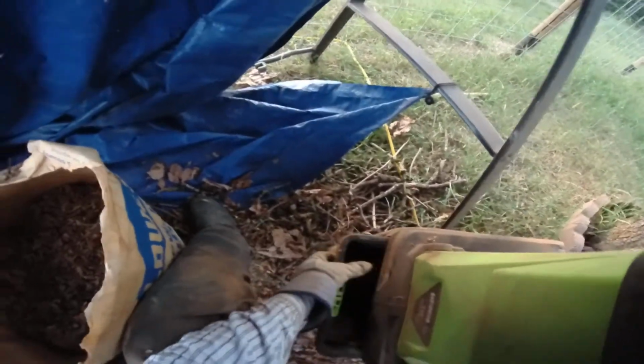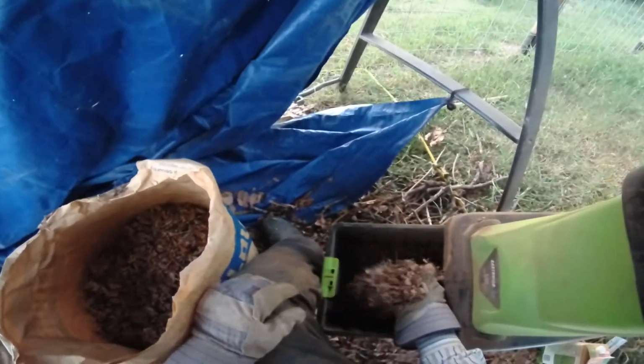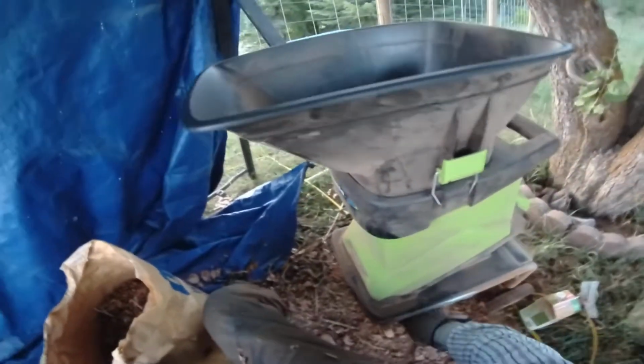So, I'm not going to bore you too much to death. So anyways, when it goes in the hopper, it comes out just really nice and fine. And it'll reduce this bag down to half the size of that bin there, or whatever. Allows me to get more in the soil. Allows the soil to pack down better when I do plant the tree. Anyway, so that's the